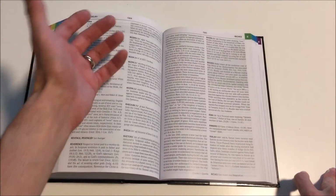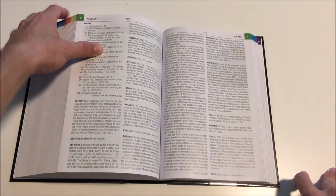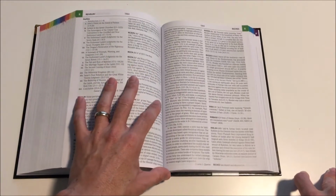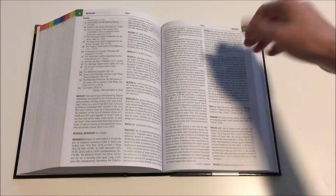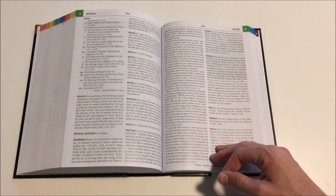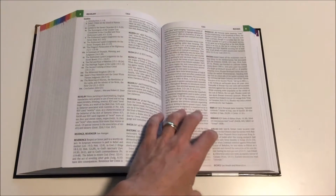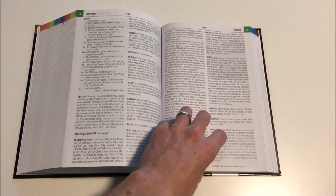Just the book of Revelation, which is another thing I really liked about this Bible dictionary, which I wasn't expecting when I obtained it. I thought it was just going to give one word and a definition for that word. You know, very robotic, very basic, like a regular dictionary, like a Webster's dictionary. And it wasn't like that at all. To my surprise, they give topics and locations and people and subjects,